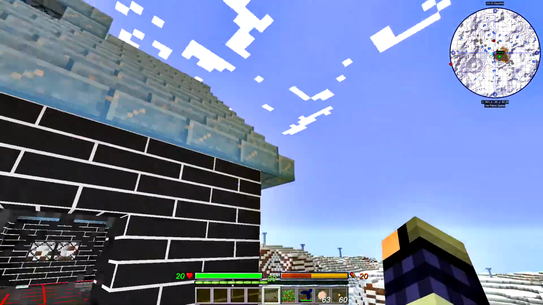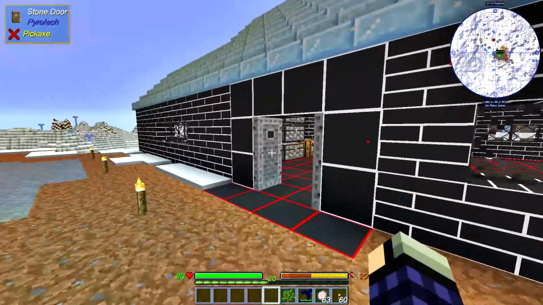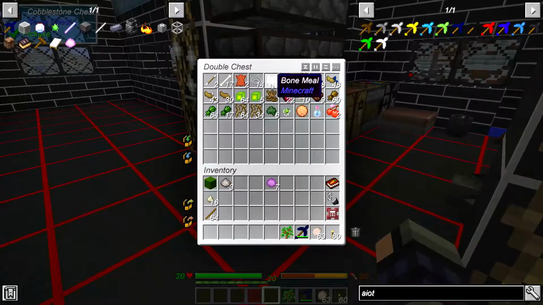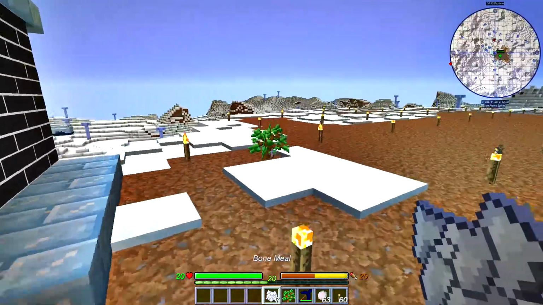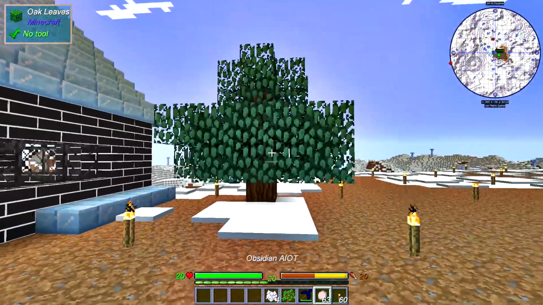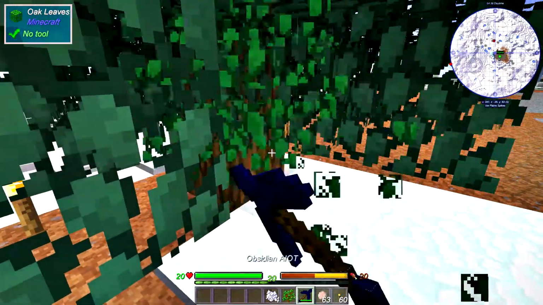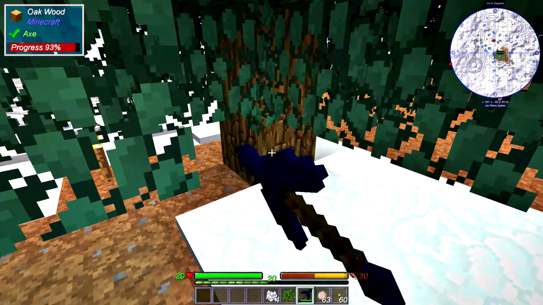That worked. Is that house too close? Is it that snow? I don't know. More bone meal. See if we can get this to grow. That would be really nice. There you go. Got a tree. And we should be able to just do...